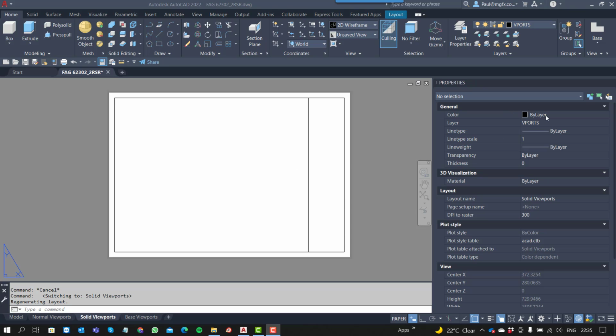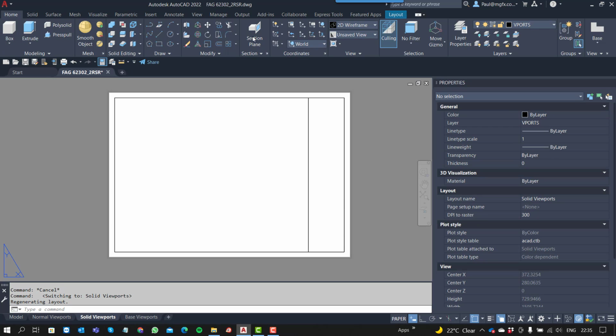Okay, so we are in the viewports layer. If we draw something on that viewports layer, I just want to see if it's visible. That might be the size of a viewport. I'm going to switch off the object snap so I don't snap to other elements. I'm going to invoke the solid viewport command. I'm going to generate that as per some UCS, in this case the world UCS, with a scale of 1. Specify the center of the view,